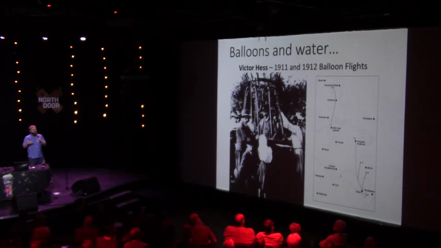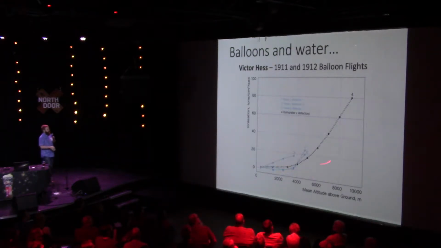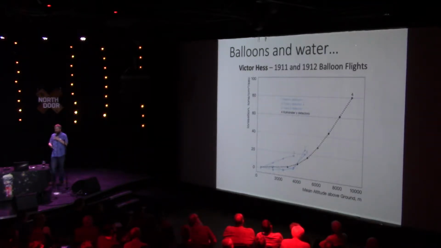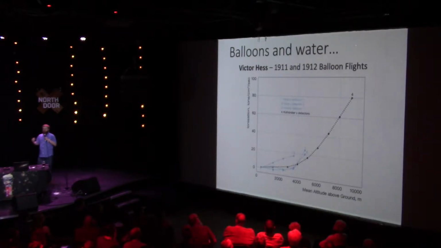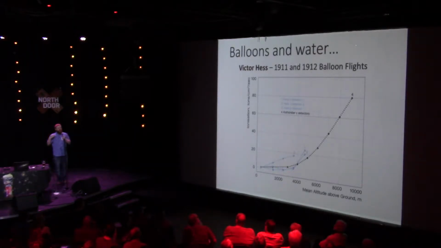And what they were expecting, if everything went according to plan, was that the ionizations would decrease as you go higher and higher. What they found instead was completely different. So the blue lines here are the ionizations as a function of the altitude above the ground. If it was coming from the Earth's crust, you would expect it to go down, and they found it instead to go up. Hess has since then been credited with the discovery of cosmic rays, because when he saw this, he said, well, if there are more ionizations, meaning more of this radiation as we go higher up, it must be coming from space.